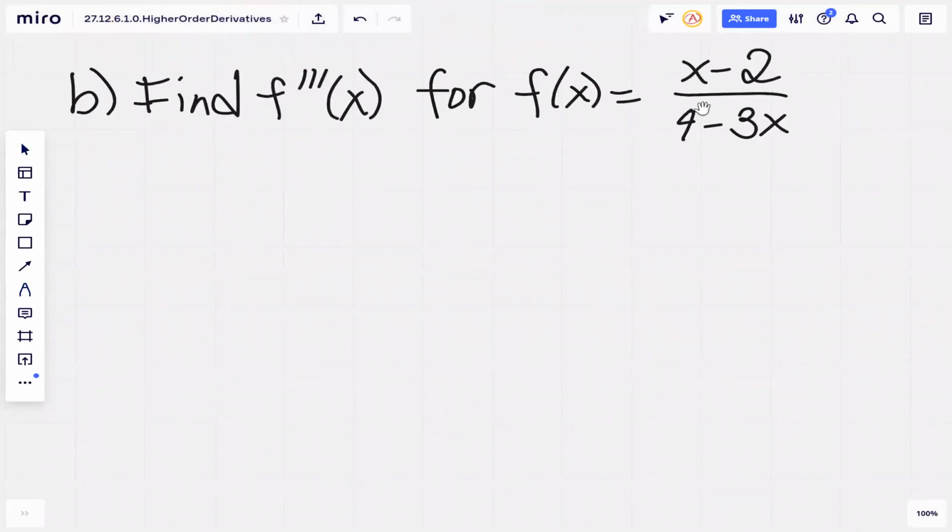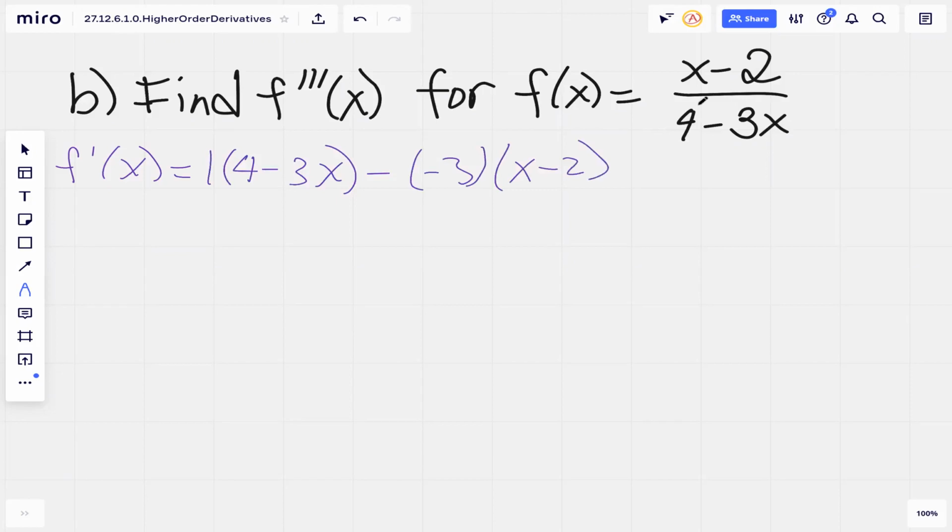Okay, we're asked to find f triple prime. So 3 primes there, where our function f at x is x minus 2 over 4 minus 3x. This one will require a bit more work. Let's start with f prime. We need to use the quotient rule. So 1 times 4 minus 3x, minus negative 3 times x minus 2, over 4 minus 3x